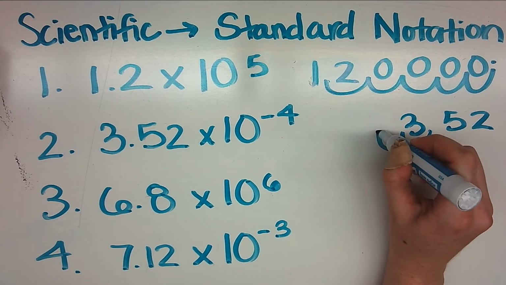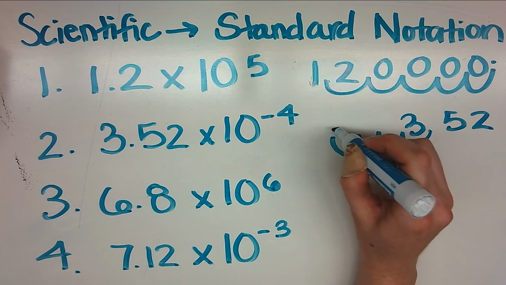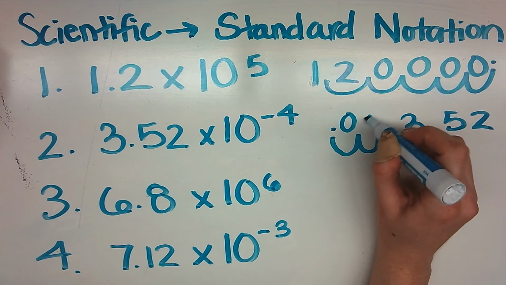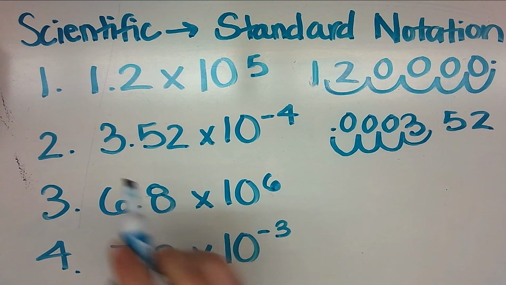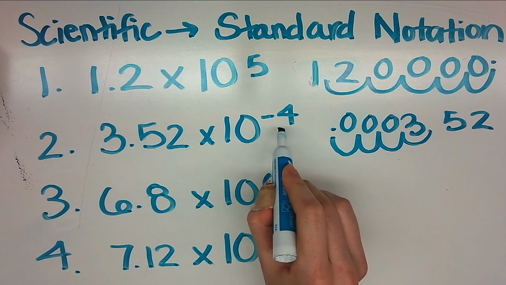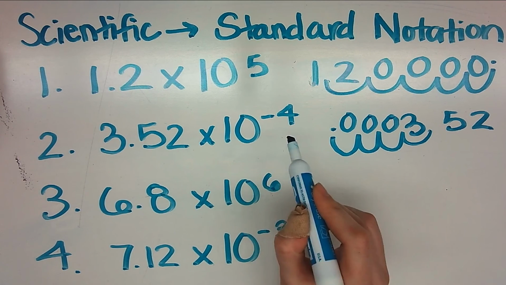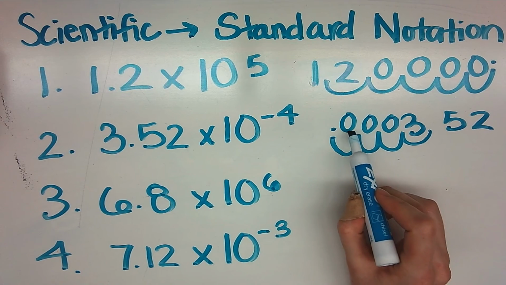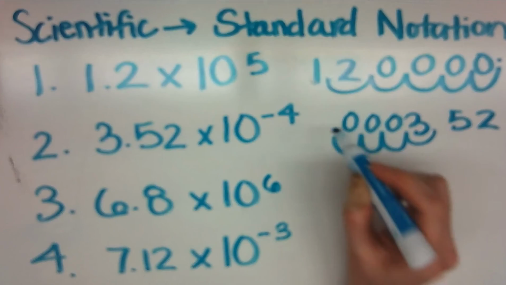So 1, 2, 3, 4. I'm going to fill in those areas with zeros. So 3.52 times 10 to the negative 4th lets me know it's a really small number, and I got 0.0